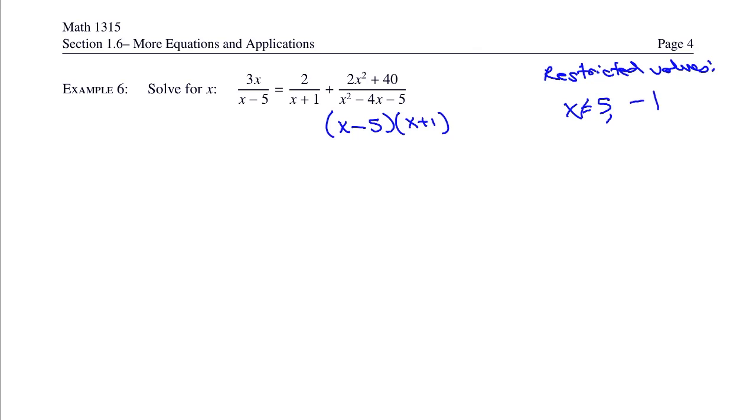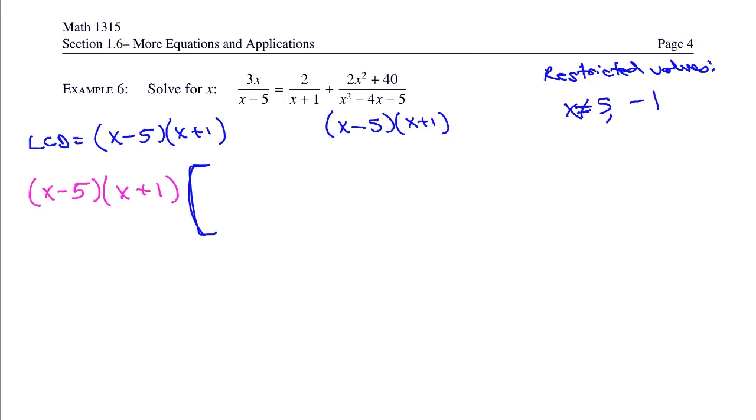So these are the values that x cannot be. x cannot be 5 or negative 1. The LCD again is x minus 5 times x plus 1. So we're going to multiply both sides of the equation by the LCD. So we have x minus 5 times x plus 1